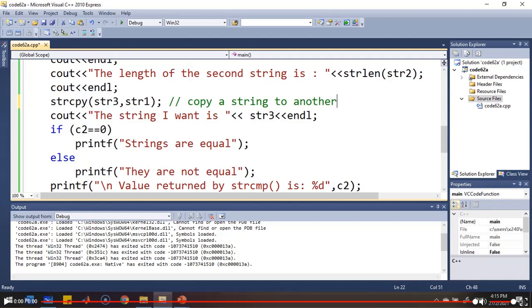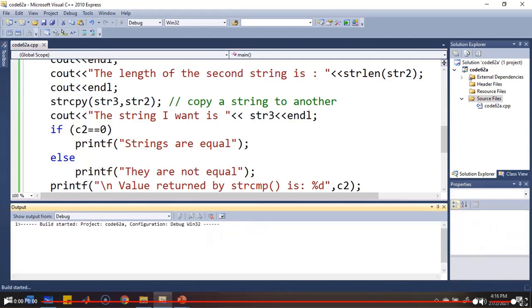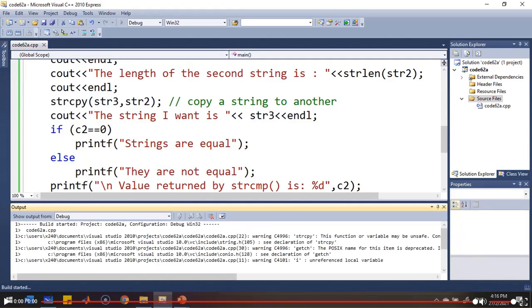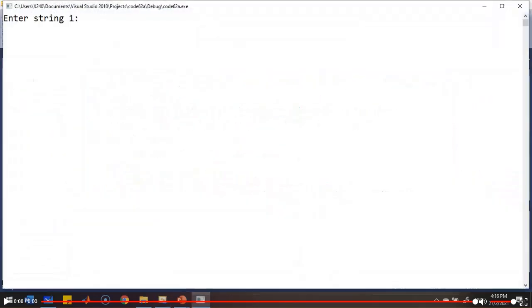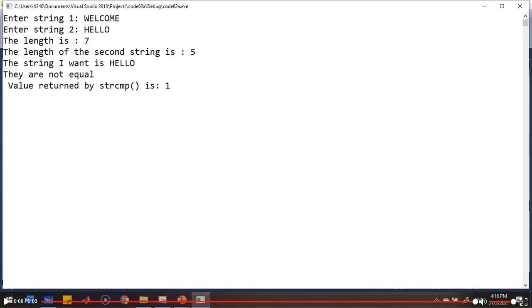This is what strcpy does. My str3 is my str1. If I change this to 2, then str3 is now my str2. The string I want is hello, so my str3 is str2. That's the use of